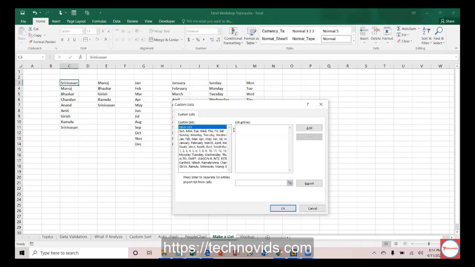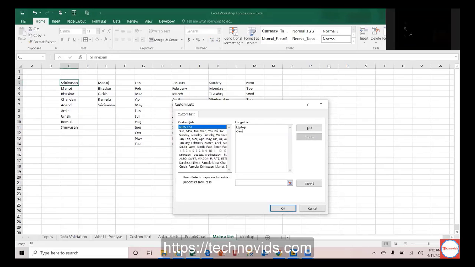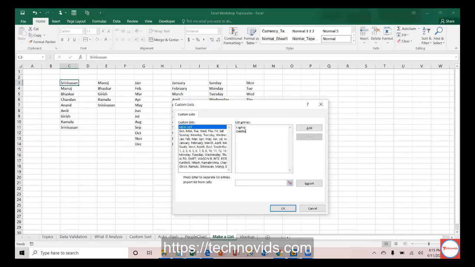Let us say we are all working using a laptop, right? So let's say I have one item called laptop, another item called desktop, some other item called mouse, and some other item called keyboard. These are all related to computer accessories, right? Computer items. And some other item called printer, or joystick, something like this. So these are all computer related items, and monitor, right? So I have prepared a list of the items.